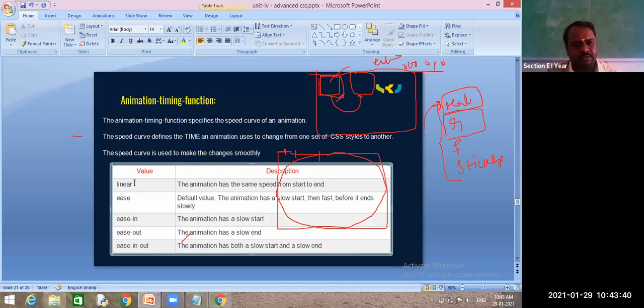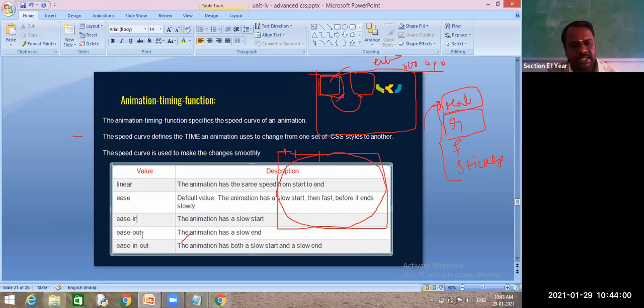Linear is nothing but the same speed from begin to end. Ease is the default value: slow start, slow end, and in between it is fast. Animation ease in is nothing but it will start slowly and end faster. Animation ease out is nothing but fast start, slow end.